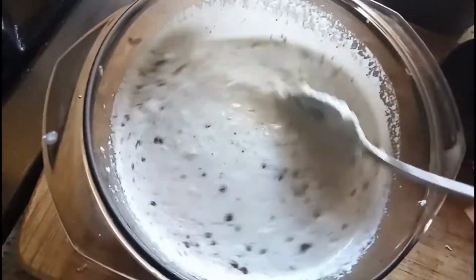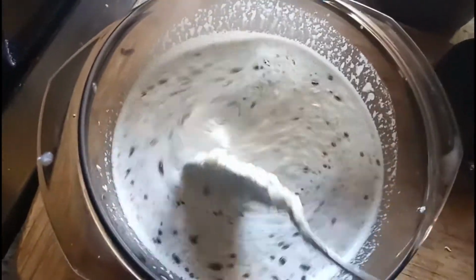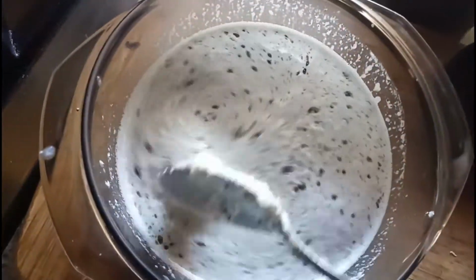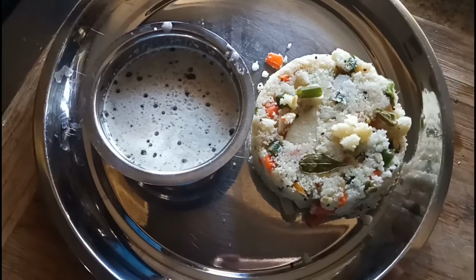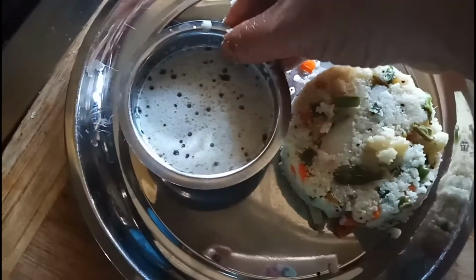If you want to add less water, you can add less water, but this is how they make it in the hotel, because many people will come, so they can't make it thick, so that's why they are making thin chutney. So today we are going to have this chutney with the upma. So I'm adding